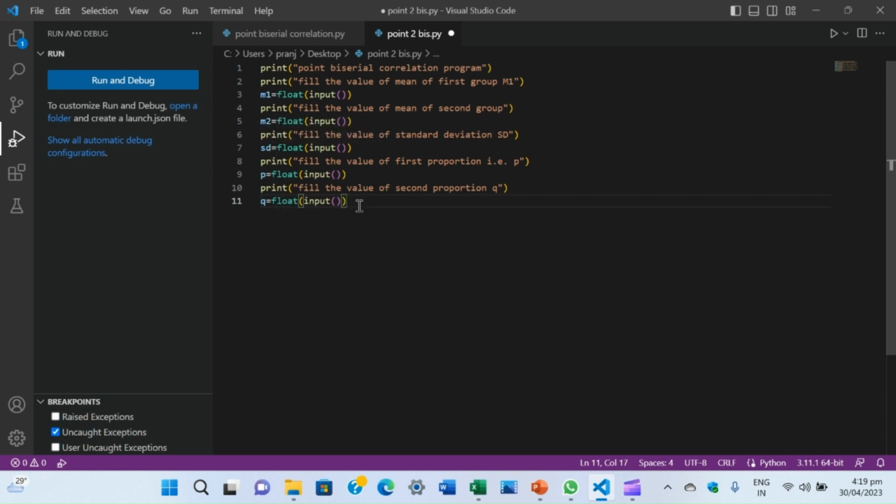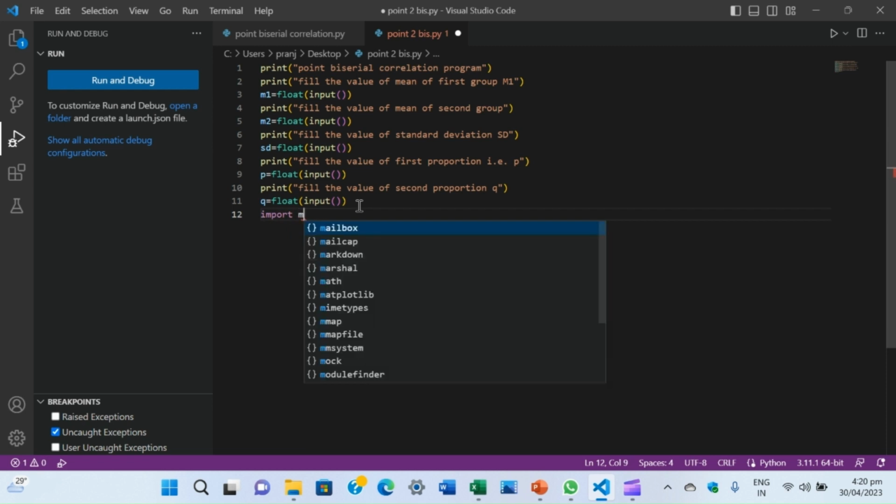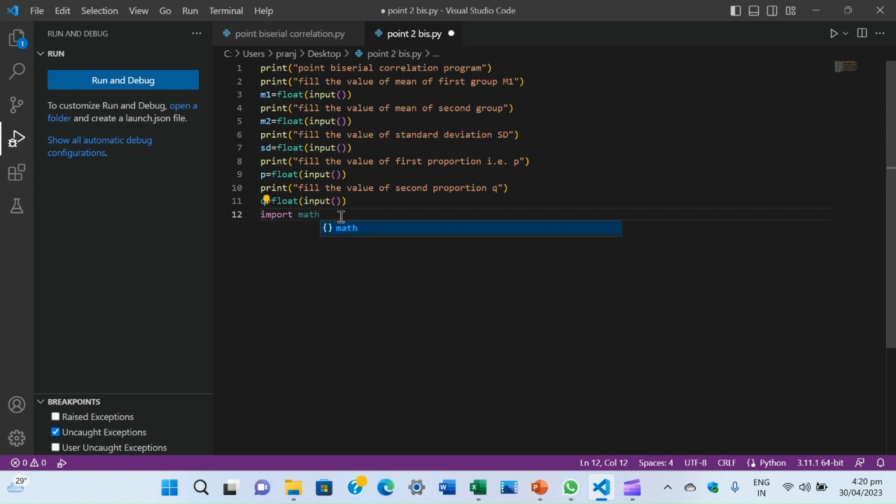Now we write the code for mathematics, because we need the square root, and for this we write import math. So mathematical formulas will be applicable. Some formulas are applicable without it, but some are not. But by importing math, all the formulas will work. And after this, we press enter, we write print